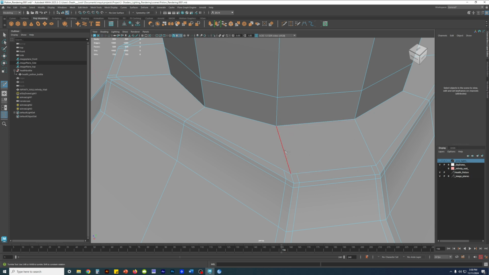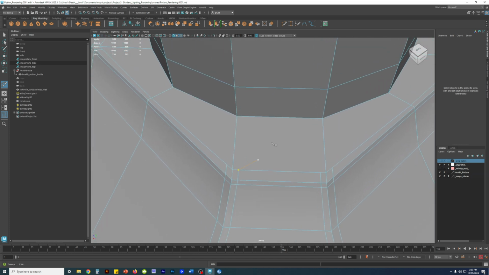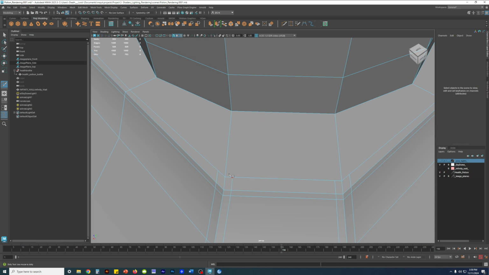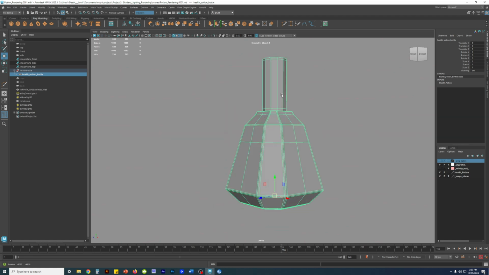So this is more than 4 sides. This is considered an N as in Nancy, N-gon as in polygon. 1, 2, 3, 4, 5, 6 sides, right? Which is not good, and your next professor is not gonna like this. So I'm gonna just click here, and what I could do is, well, first of all, I need to turn on symmetry, object X symmetry,